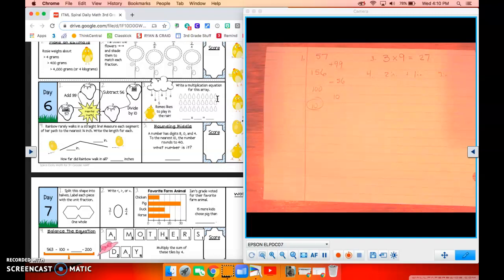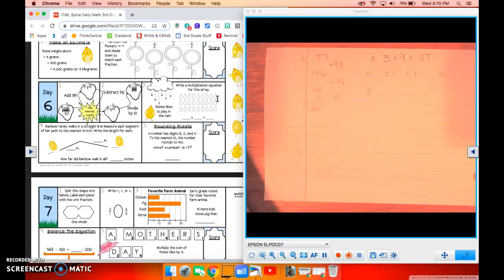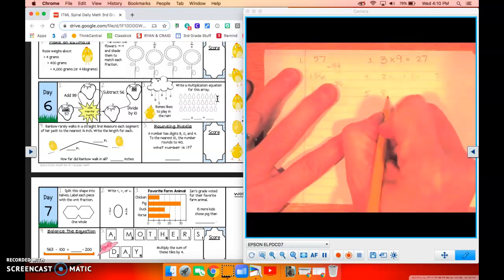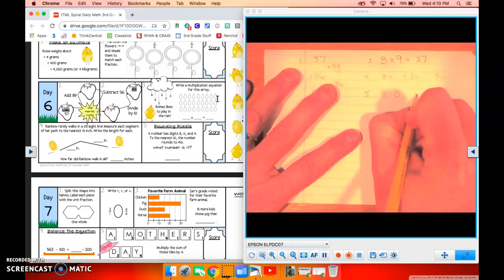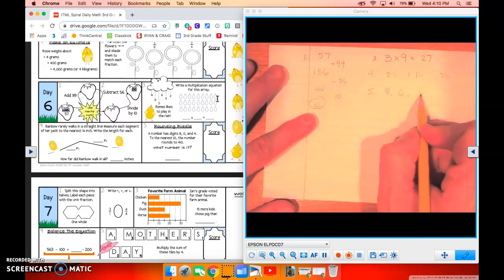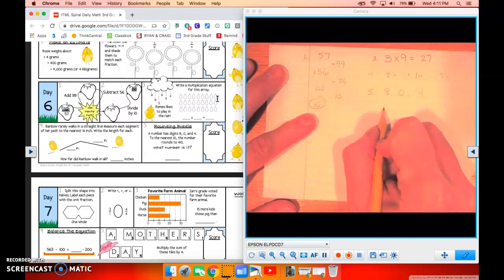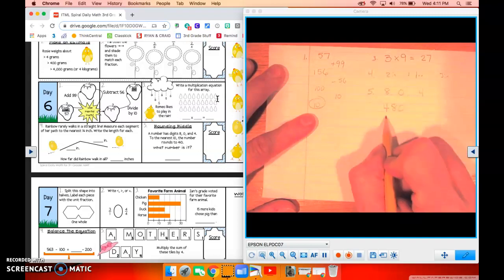Okay. Number 5. Yes. Riddle. Rounding riddle. These are always so good. A number has 3 digits, an 8, a 0, and a 4. Ooh, okay. To the nearest 10, the number rounds to 410. What number is it? Well, right away we know it's 4 hundreds, so there's going to be a 4 in the hundreds column. So we're going to put this one over here in the hundreds, okay? Now, we're either going to have 480 or